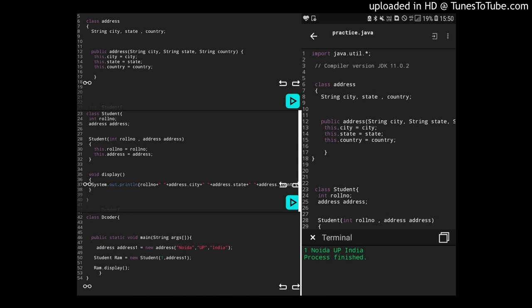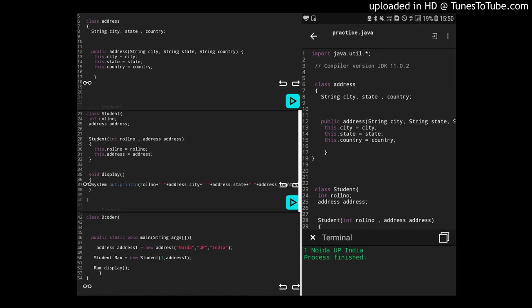So how will our constructor look? It will have Student, bracket start. First parameter will be of integer type, that is roll number, comma, address type, address. Then we will use assignment statements, and here we will be using the this keyword.